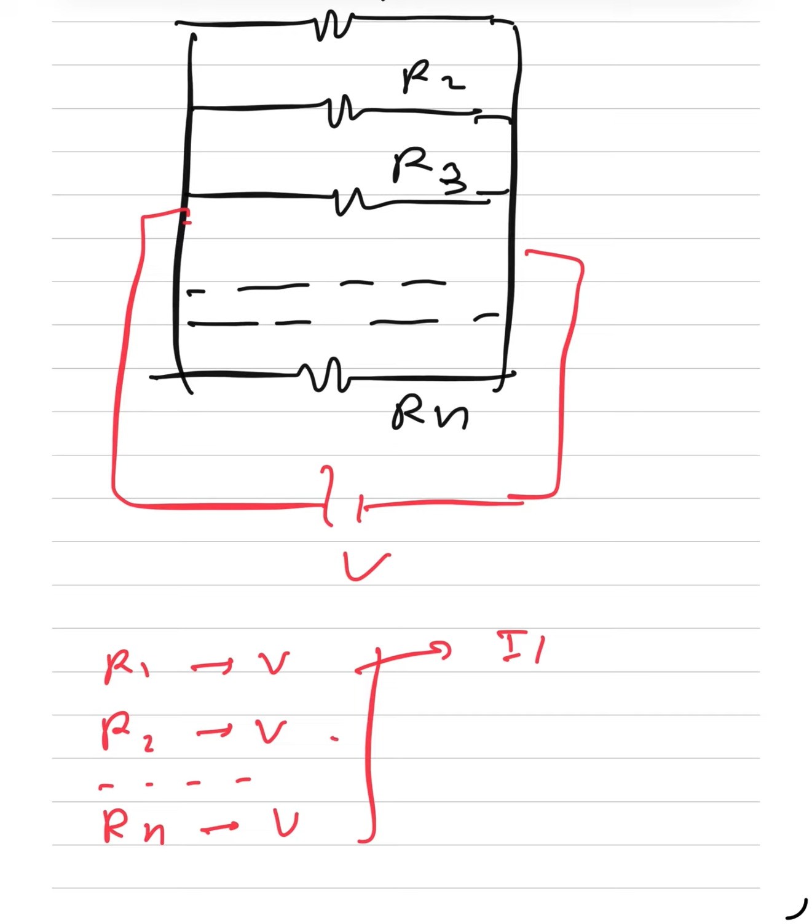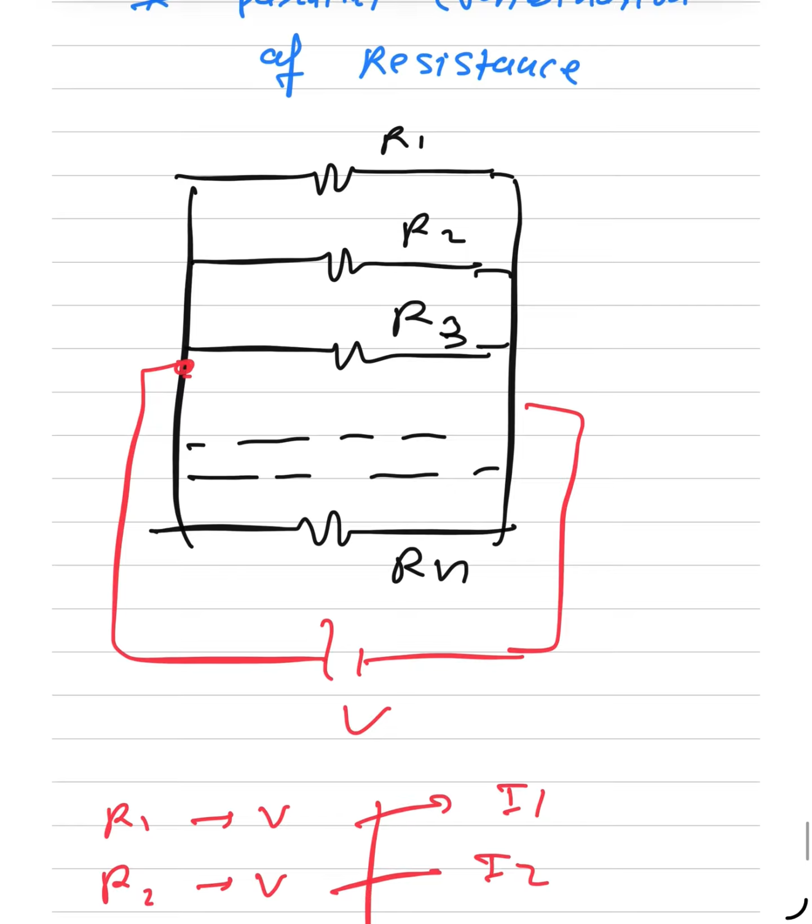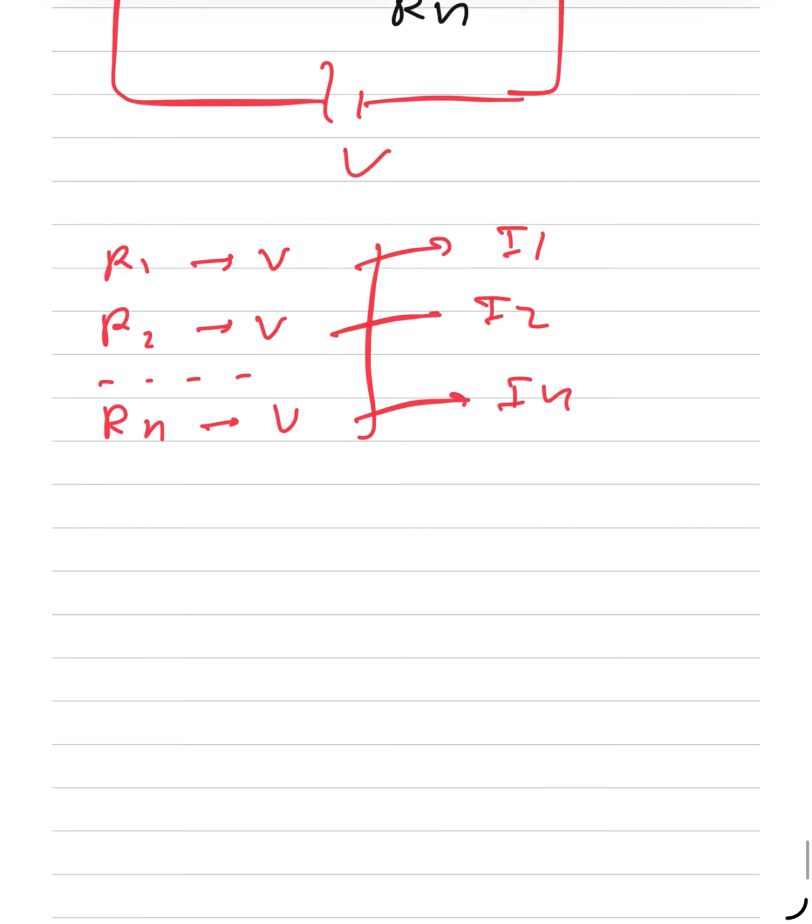Here current I1, here current I2, here current In, because at this junction point, the current is divided into n parts, which can be equal or non-equal, both situations are possible. Right. And using Ohm's law,